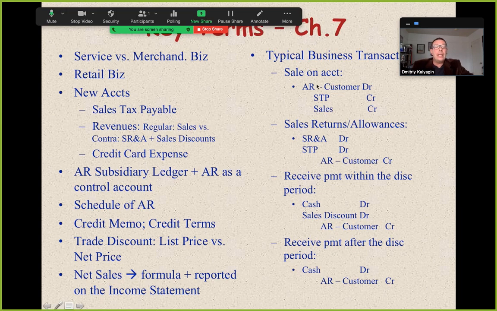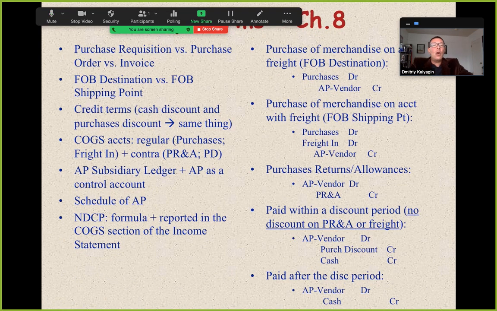And these are, guys, your typical business transactions on how to sell an account with sales taxes, accept a return or give an allowance, receive the payment within the discount period, and receive the payment after the discount period. So that's chapter 7. In chapter 8, we distinguished among purchase requisition, the internal form, purchase order, and invoice, which